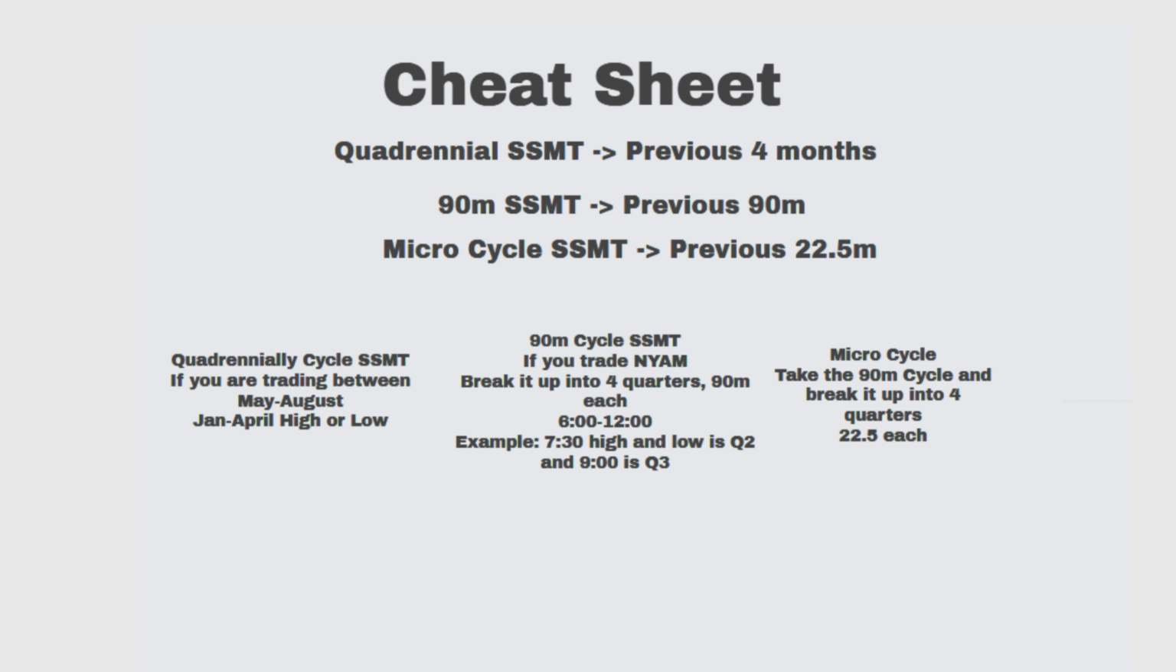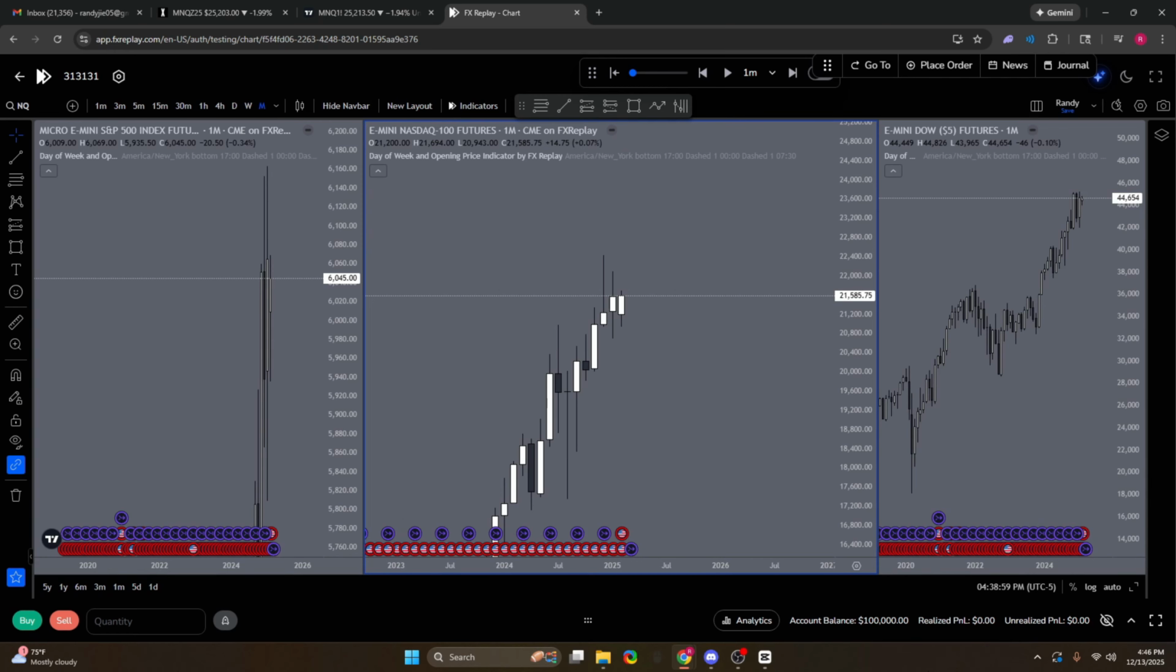There's actually 3 more types of SSMT that I personally don't use too often, which are quadrennial, 90-minute, and microcycle. I'm not going to explain too much on these, but if you're interested, you can pause the video and read. Now, when using SSMT, we first have to determine the market structure, and then use SSMT to know when price